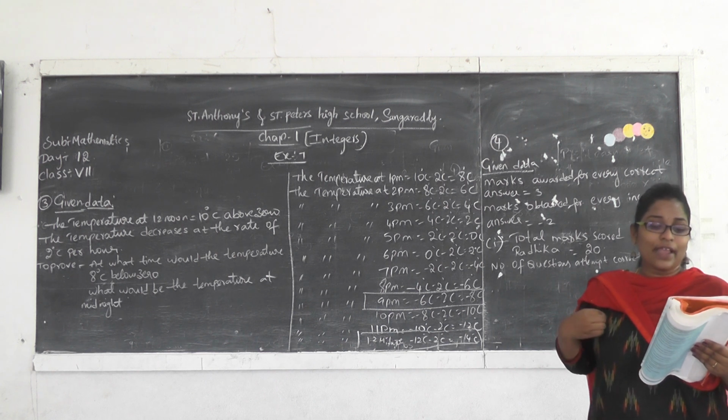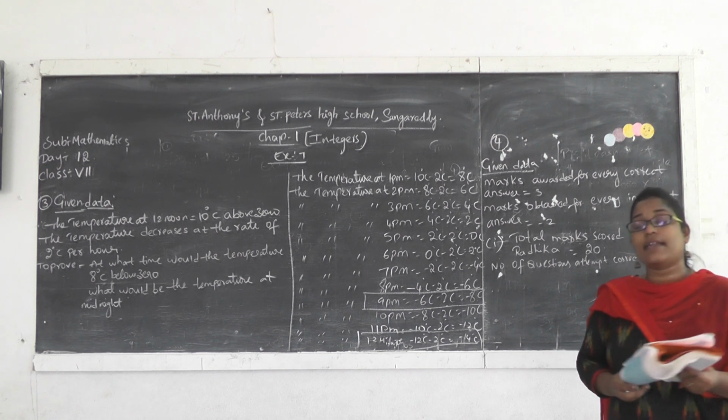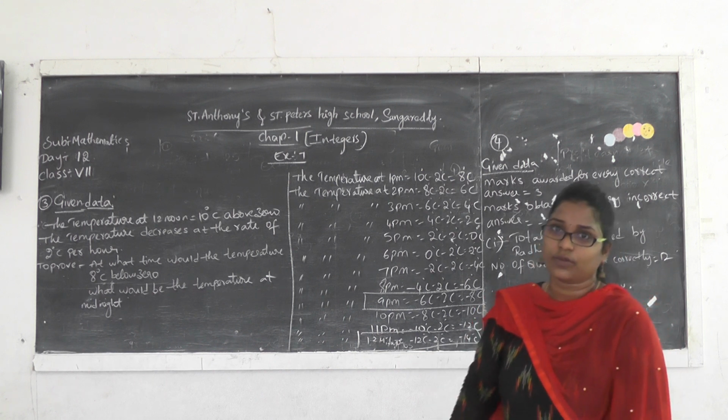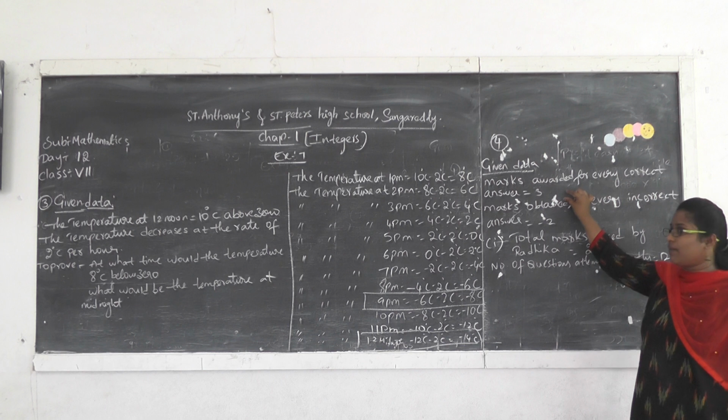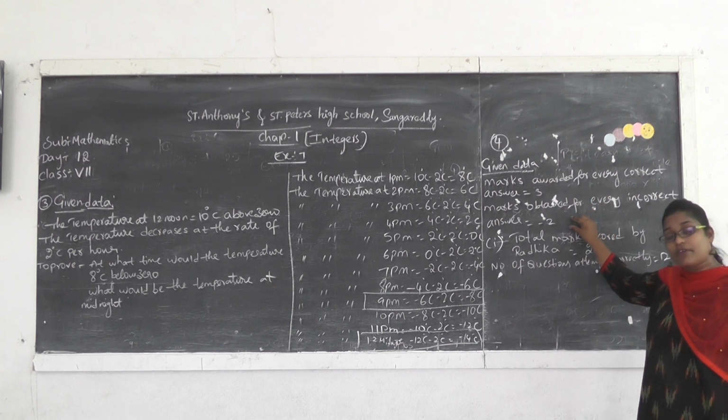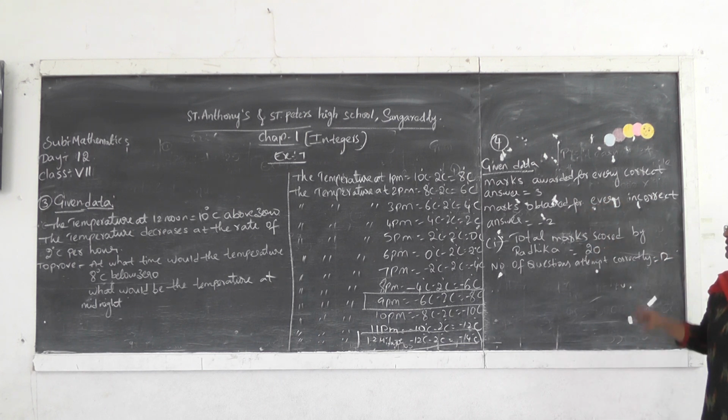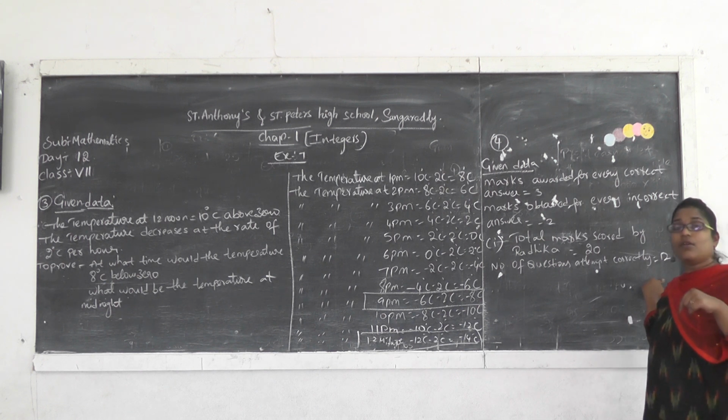Now, what do we have to find? How many questions she attempted incorrectly? That is the first situation. So, how many marks are they giving for one correct answer? 3 marks. How many marks are they reducing for one incorrect answer? Minus 2 marks. In the first situation, Radhika got 20 marks though she attempted 12 correct answers. Means how many she wrote wrong, that we have to find.